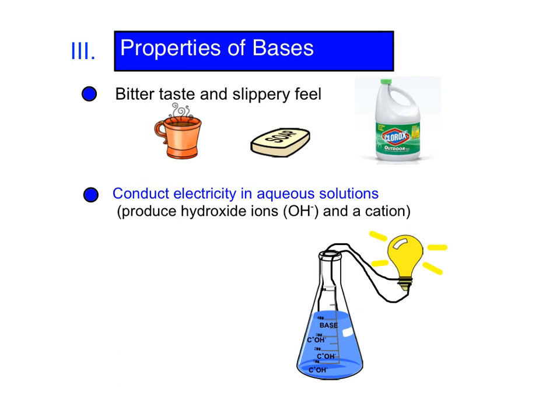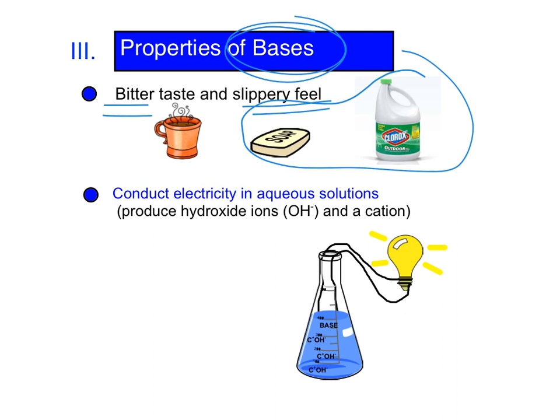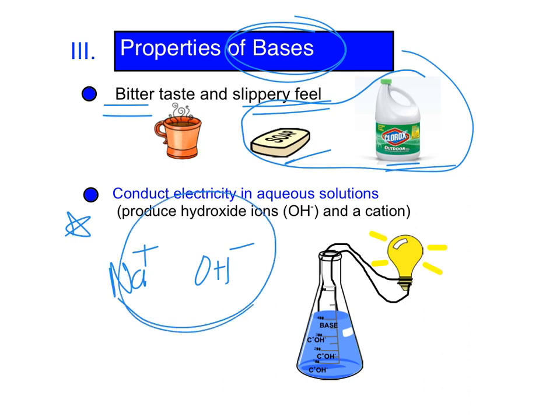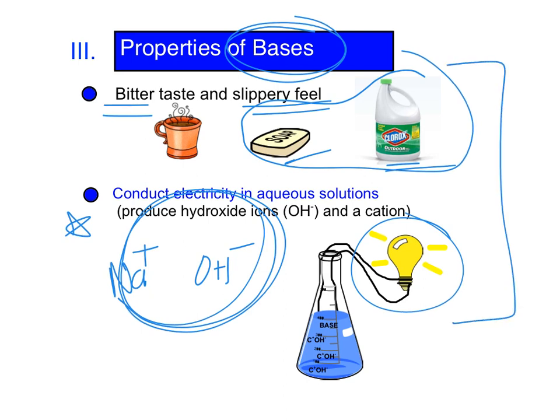Okay, going to the other side of the spectrum, let's talk about bases. Bases have a bitter taste and a slippery feel. A lot of household cleaners are basic products. I think soap or ammonia, Clorox are basic products. Like acidic things, bases also conduct electricity when in a solution. So a base can dissociate in water with charges that allow for a connection to happen with a light bulb and therefore conduct electricity. So remember, just like acids, we do want you to know the properties or characteristics of